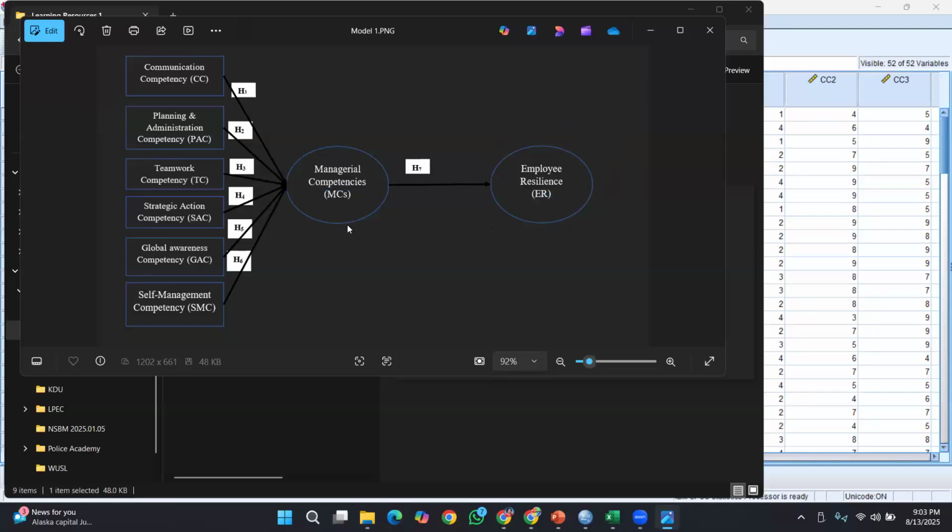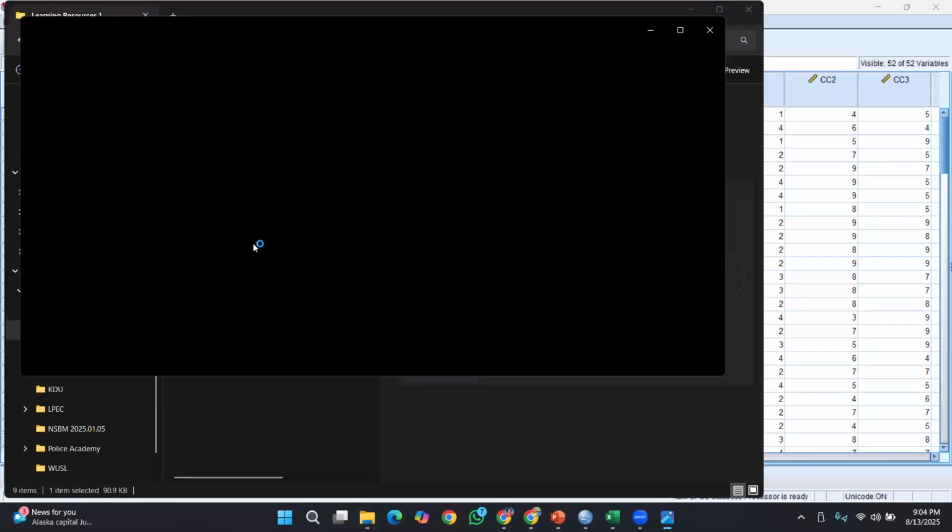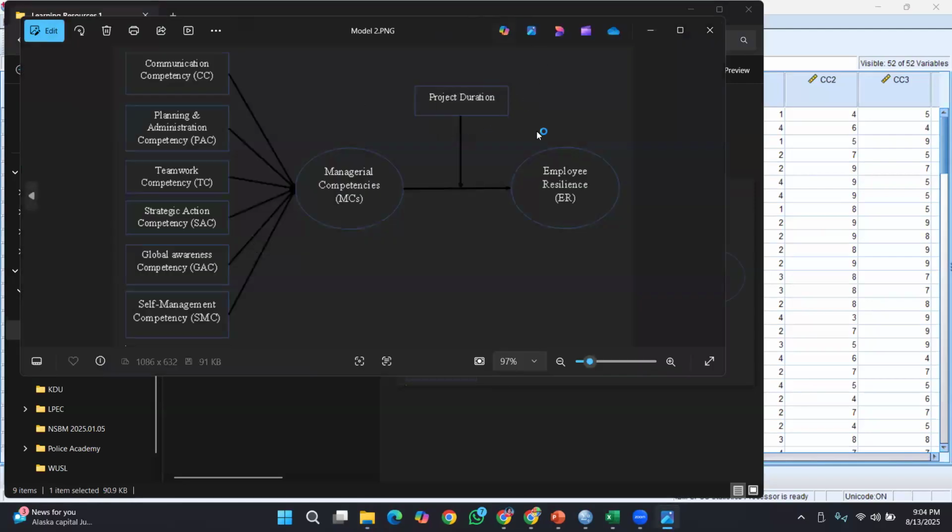And here the manager competencies has been identified as a mediator variable. Actually, this is not a mediator. These are the dimensions of it, right? So that is one way of drawing the same model. And the project duration has been introduced into this model as a moderator variable, right?